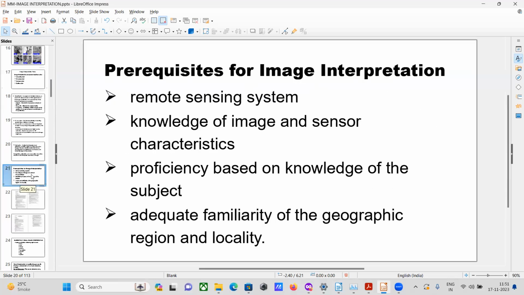So we have come to this. Now we are going to the next part, that is the prerequisites for image interpretation. When we are talking about image interpretation, there has to be remote sensing data, and for that one it needs to have a remote sensing system, and then the knowledge of the image and sensor characteristics. So the band combination that you are visualizing on the computer, you should be aware of,